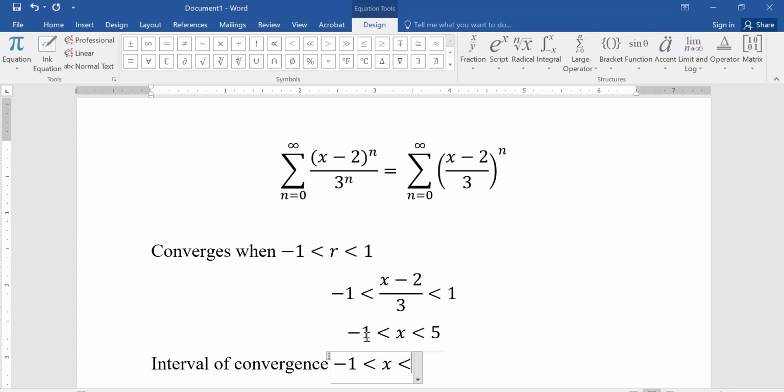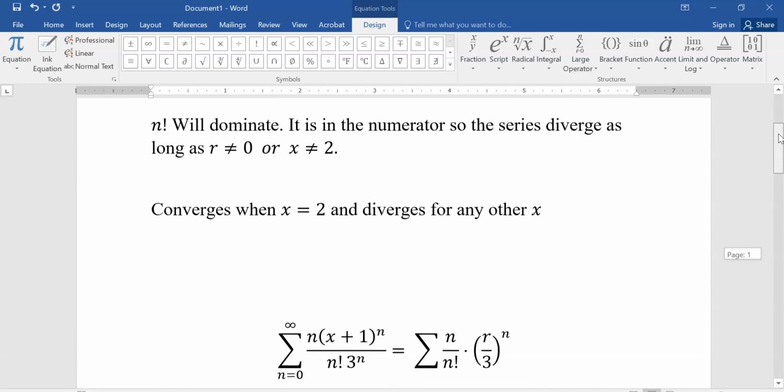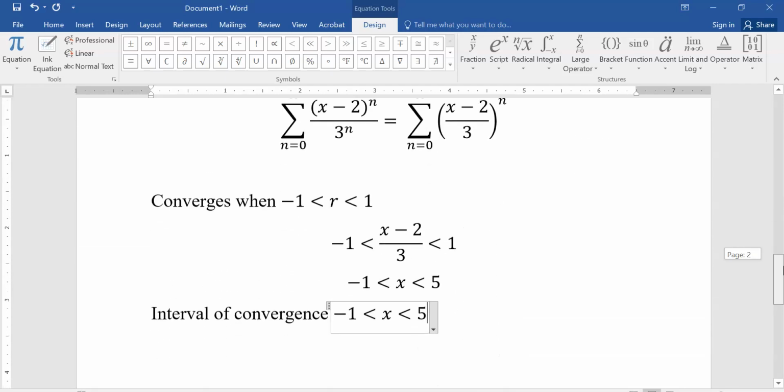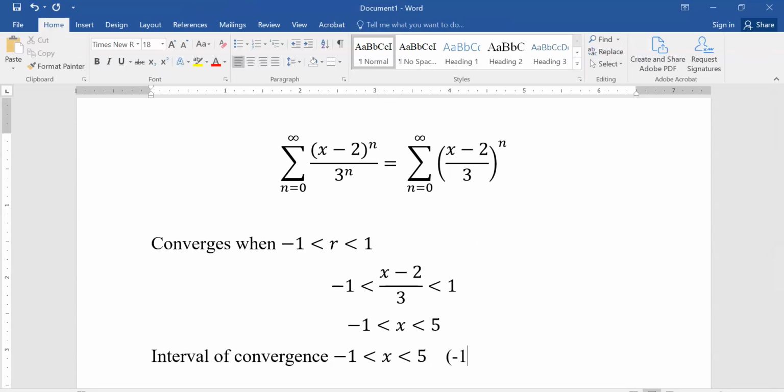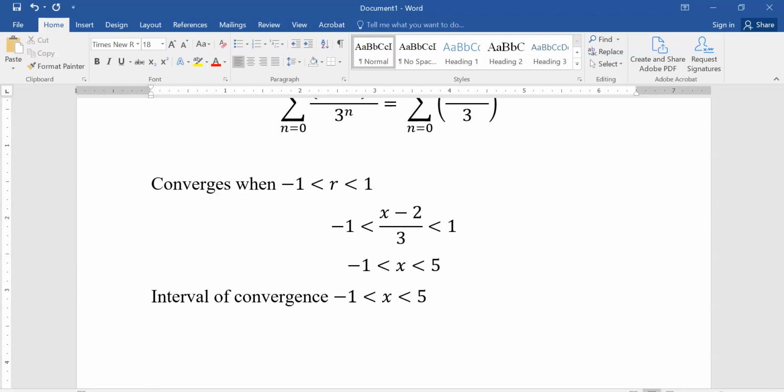Sometimes I write the interval as x between -1 and 5. Other times people write the interval like I did in the last problem, where they put the lowest number, it's almost like an ordered pair, lowest number, comma, highest number inside of parentheses. Okay. So on the test, I'll just say interval of convergence is when x is between this number and that number. By the way, in this case, if you check the endpoints,